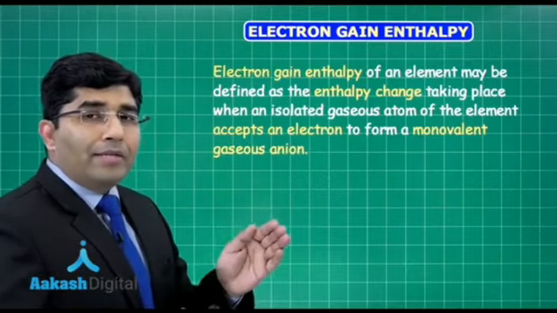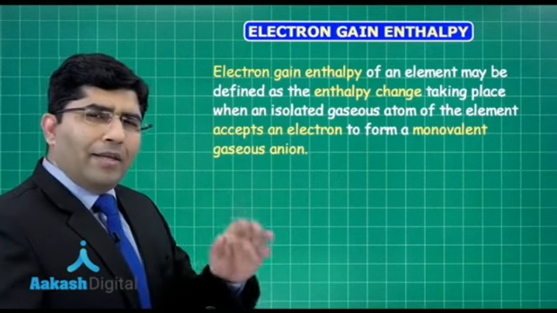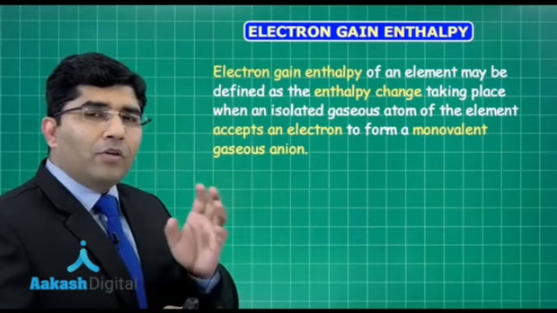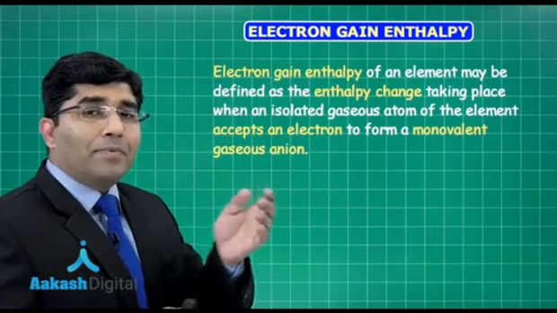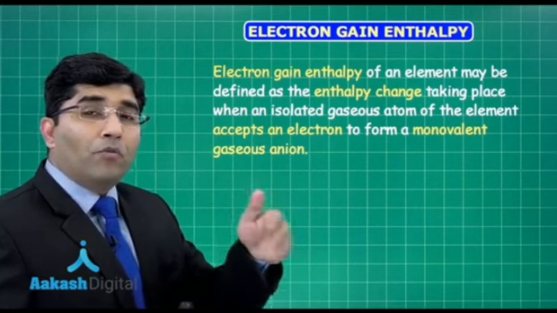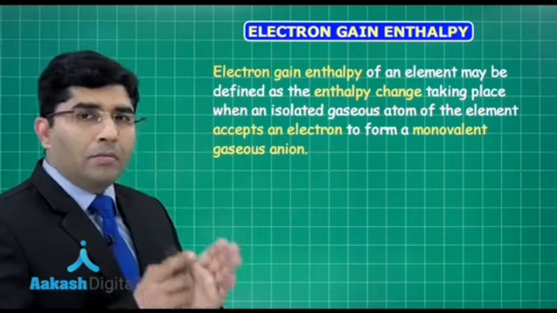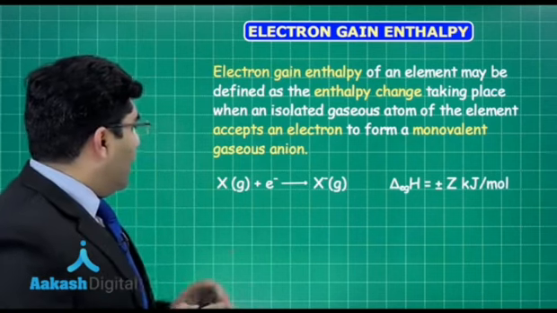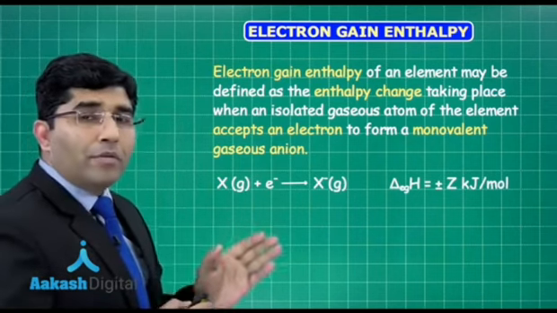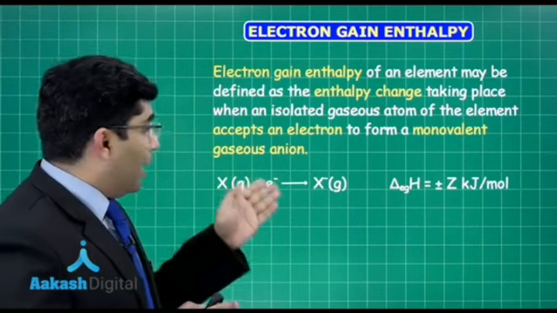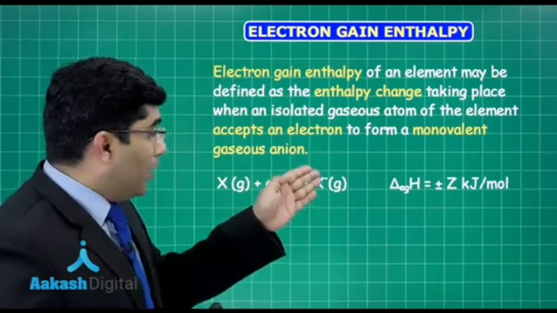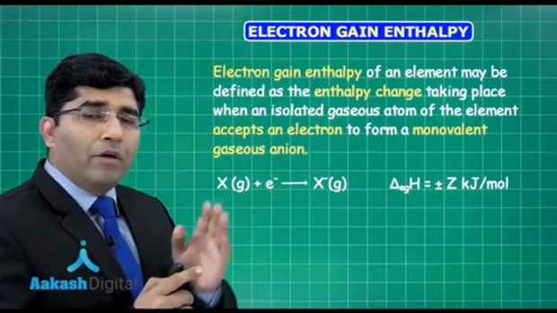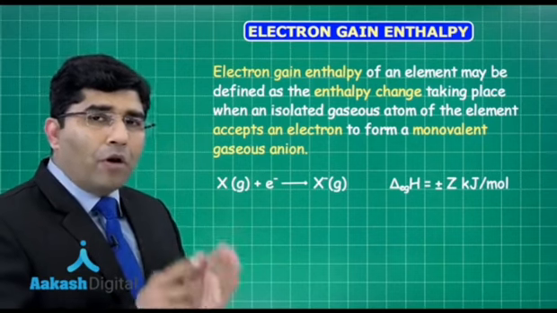It is the energy, either it is released or it is used, when an isolated gaseous atom accepts an electron to form a monovalent anion. Suppose we have a gaseous atom X. It accepts the electron and it forms X minus gaseous ion. Now, this is the enthalpy change. I have told earlier, about the enthalpy we will discuss in thermodynamics, but for now, enthalpy means